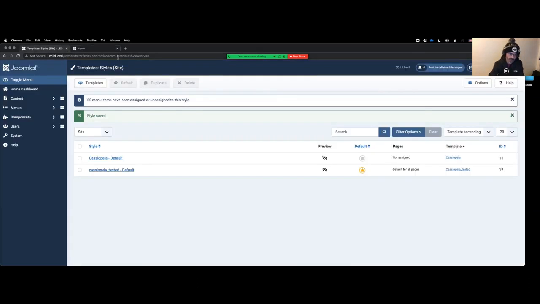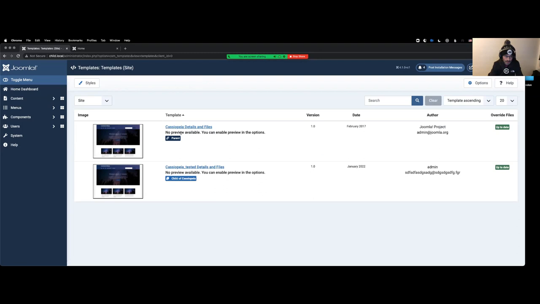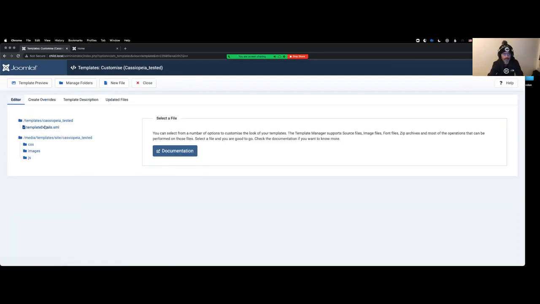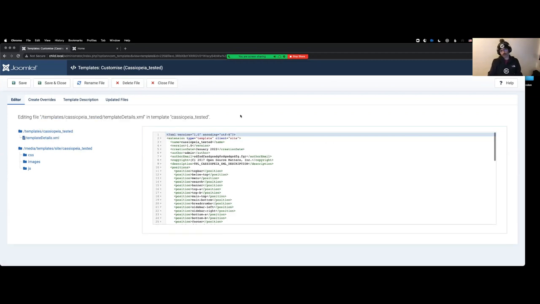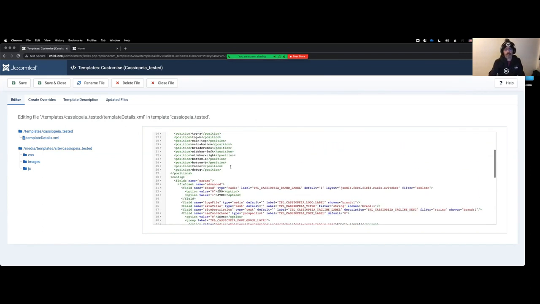So we have the child template, which is basically an exact copy of the parent template, but the interesting part is that the child template has only this template.xml and all these folders are empty. There's nothing there. But the interesting thing is that once you have this XML, you can go here and